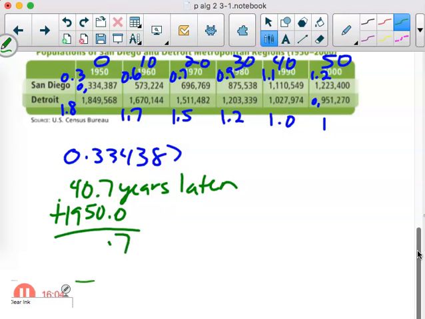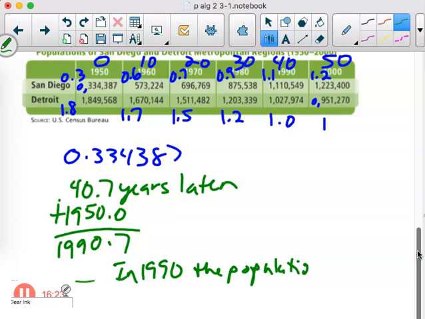All right, so 0.709. Probably sometime close to 1991 or so. End of 1990. And the population will be,